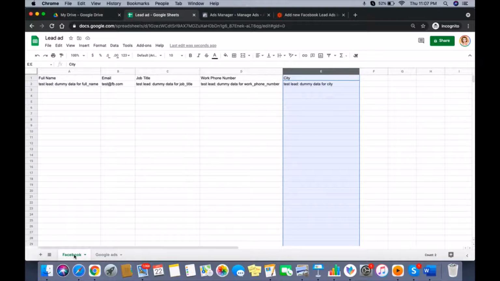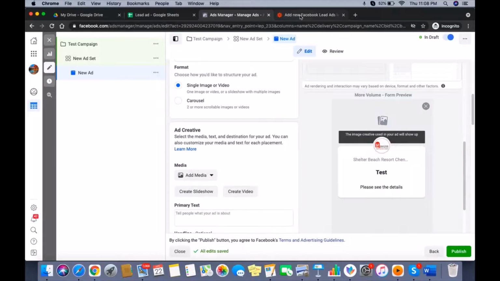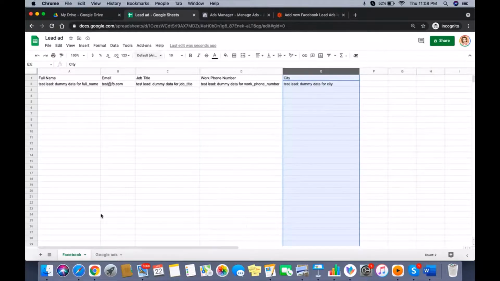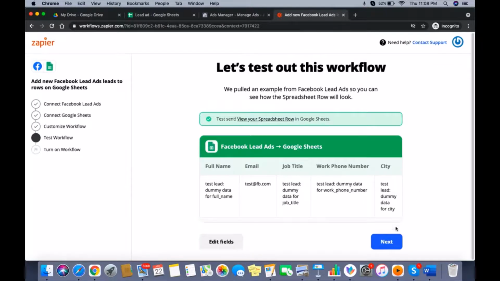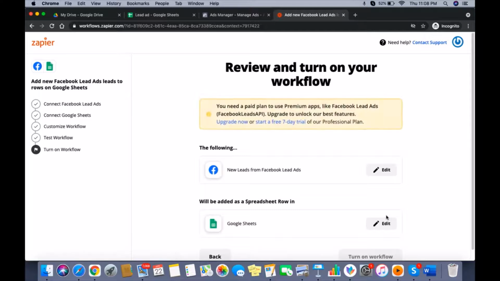If social media marketing is my service, I will add social media marketing on one sheet, on the other sheet I will have digital marketing, and on the other sheet I will have lead generation. So when I'm doing automation, we call it a Zap. I create a Zap for each and every sheet that I will be having. So when I click next and turn on workflow, that's it, it gets set.